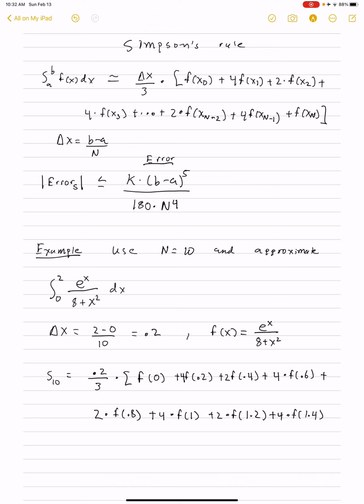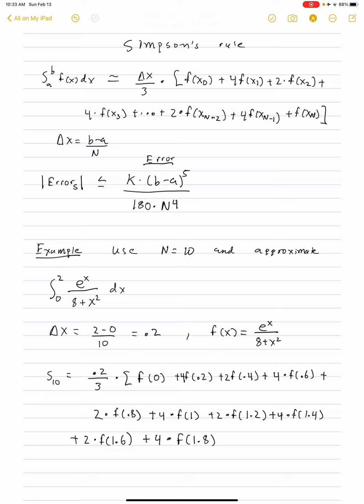Each time I increase the value inside f, that is the x value, by delta x, which is 0.2. So now I do plus 2 times f of 1.6 plus 4 times f of